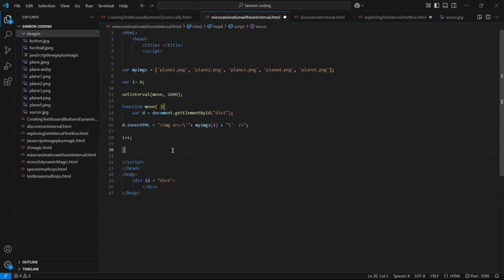Since interval move 2000, the function. Yes, I do see it.